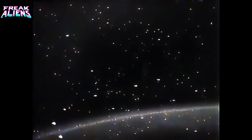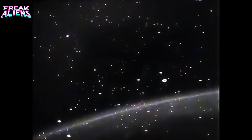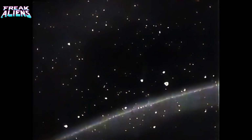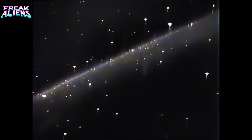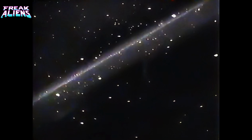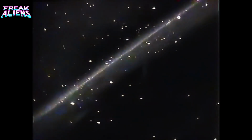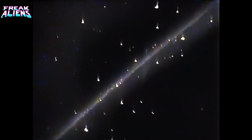The Mir space station is now visible on the far left-hand side of the screen, about an inch from the bottom of this particular picture. And there were also a number of shooting stars in that view. The camera has now moved to a point